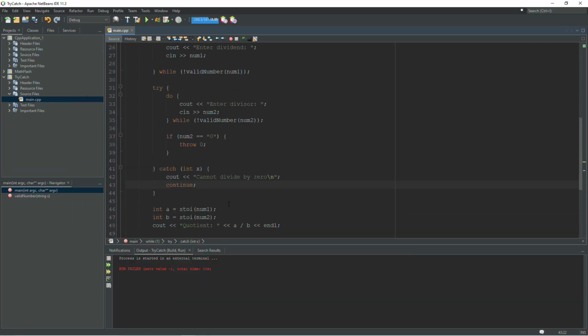Going back to the catch block here, we can catch multiple things. You don't have to catch integers. You can also throw and catch strings. I choose to call that X. You can call it whatever you want. But if you wanted to catch a string, you could set up a catch block for strings. And then if you throw a string,